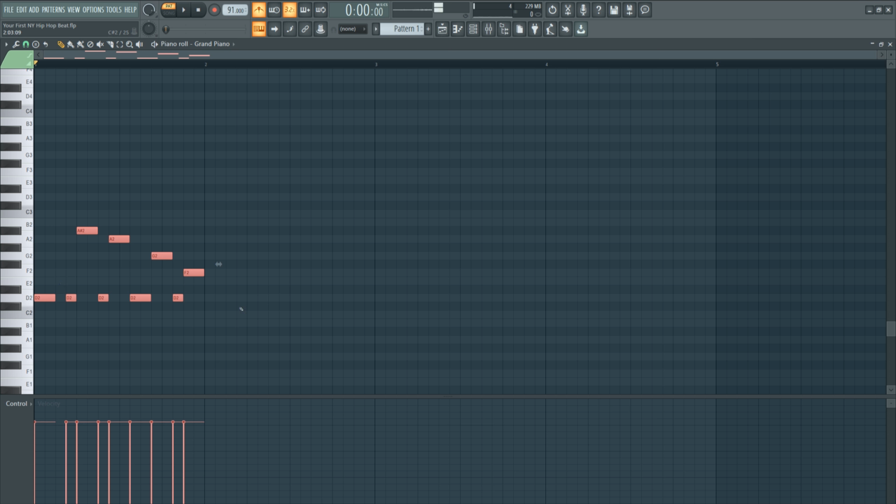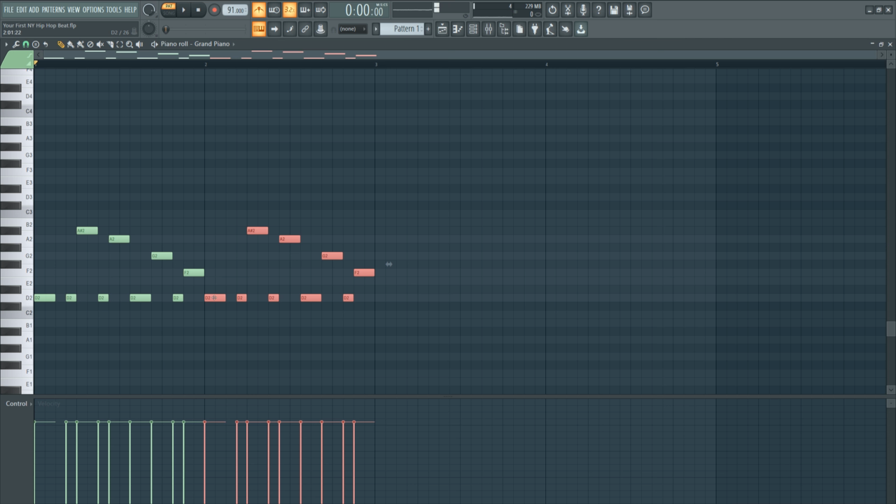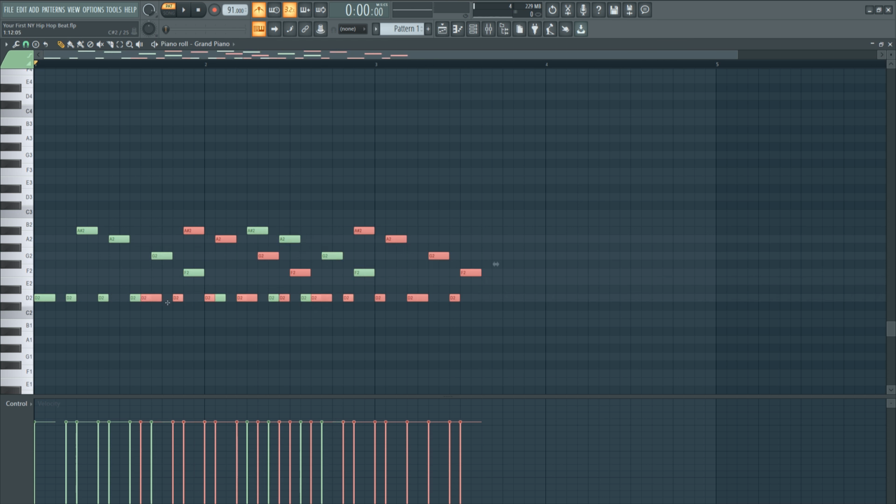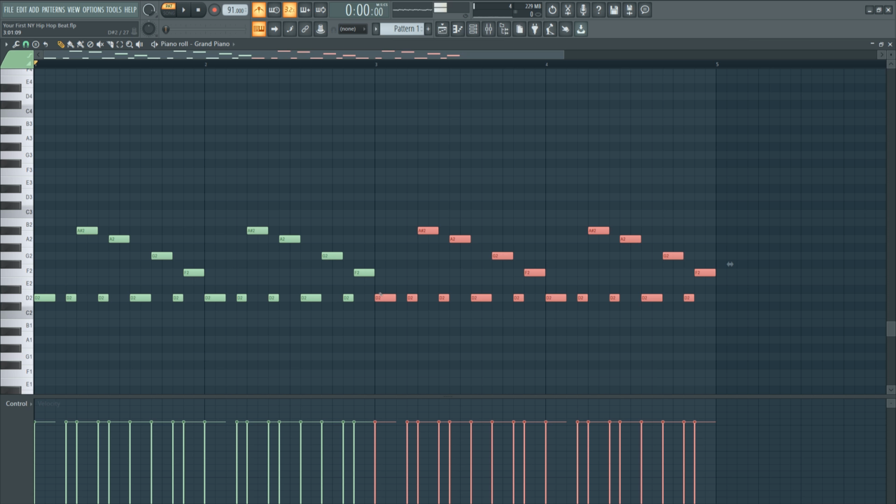So let's hit Control, left click, and highlight, and let's hit Shift, left click, and drag so we can copy our whole segment over. And let's do this until we have 4 bars. To count the bars, it's 1, and then you see the number 2 here, 3 here, and then 4. The bottom note should always say D in this case, and you right click to deselect and hit spacebar.